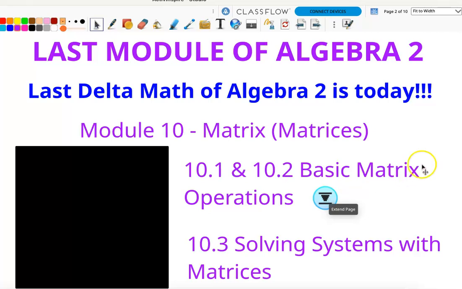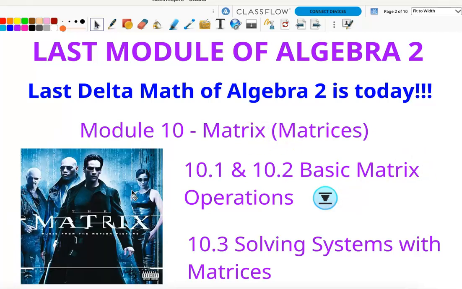So, Module 10 is all about the matrix. If you've ever seen the movie, I have not. It's not about that kind of a matrix. But we are going to talk about basic matrix operations today, and then the next class we'll talk about solving